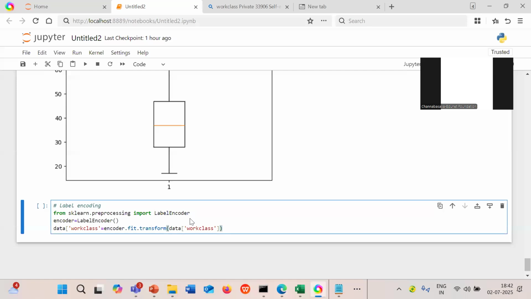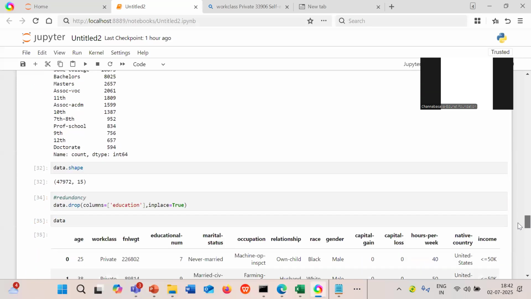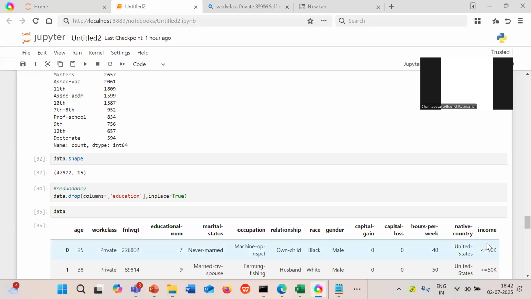Before doing this label encoder, we have to do the splitting of the data, because the label encoding will be applied to all the attributes of that particular data set. So before that, we have to divide the data into two.